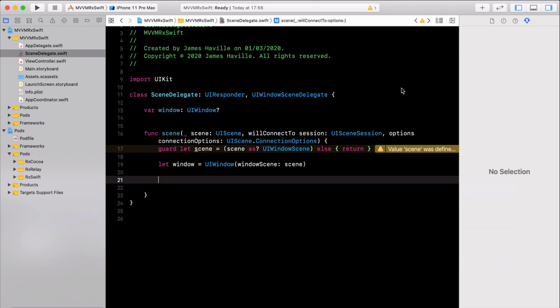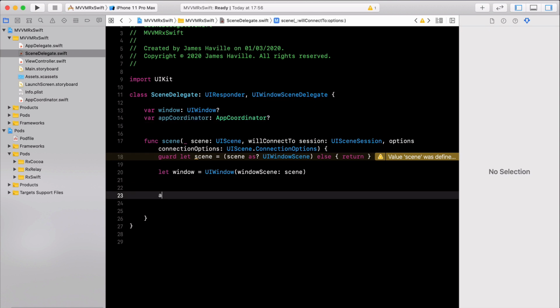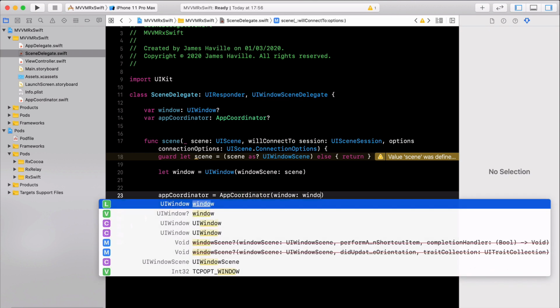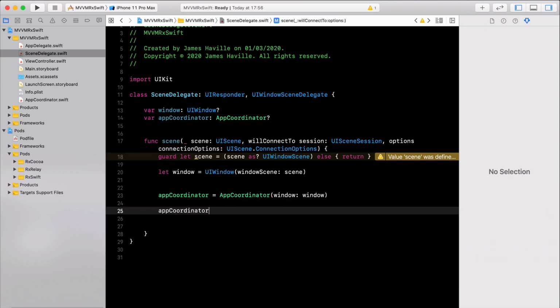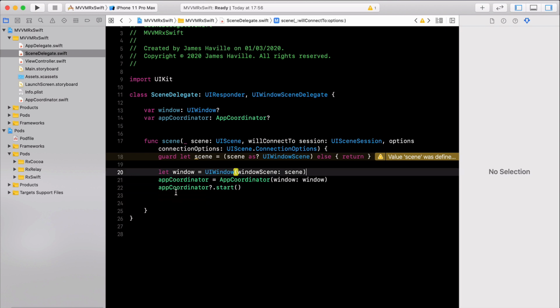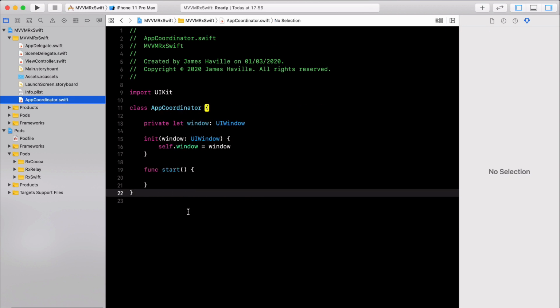And what we want to do is tell our coordinator that we're ready to start. So what does this mean? Well, if we come back to our coordinator here,